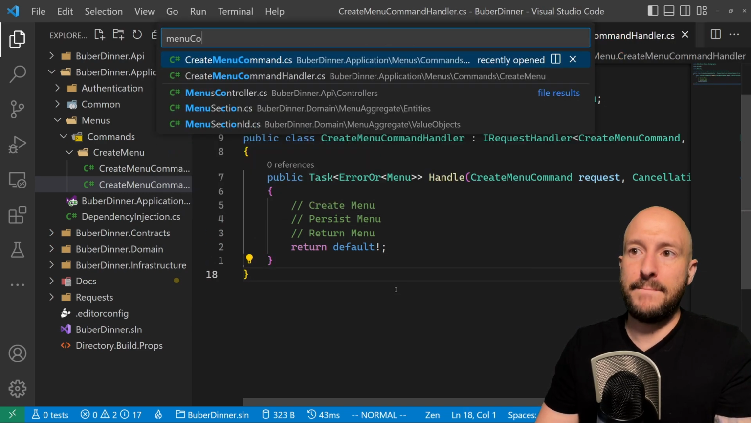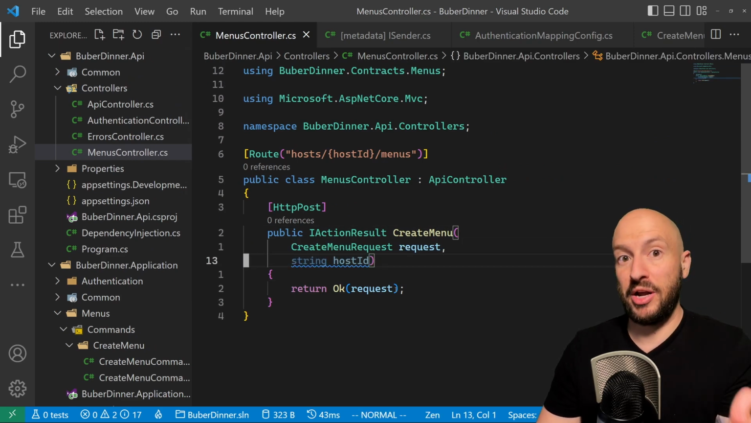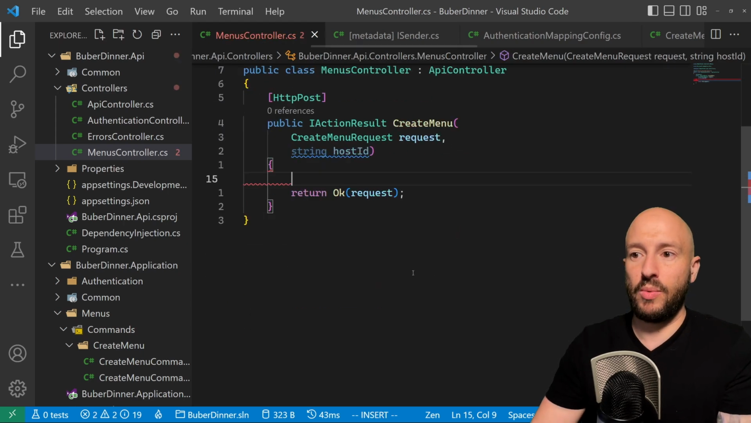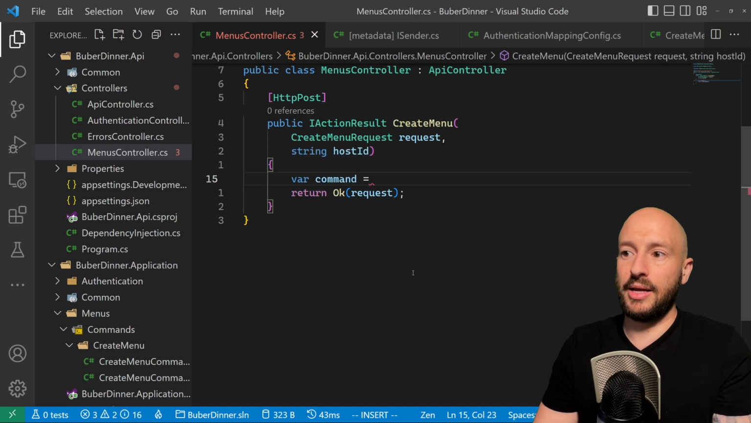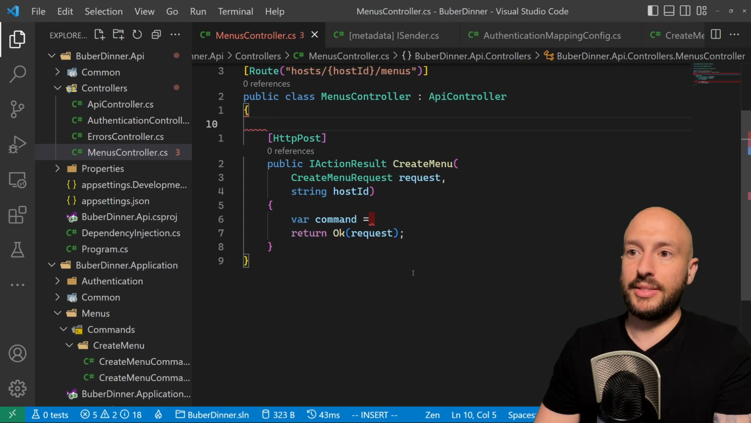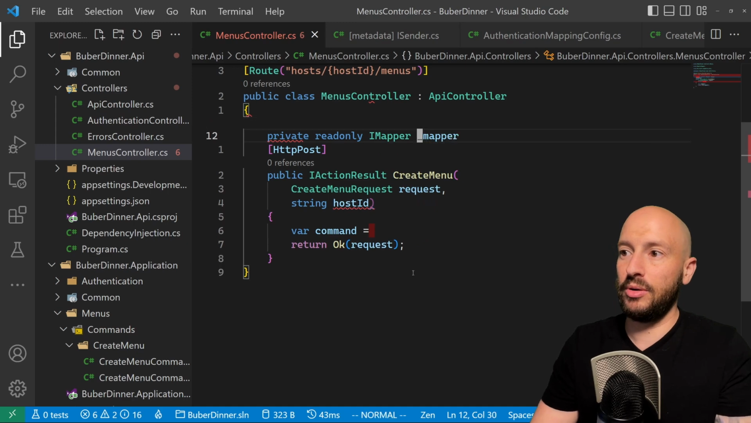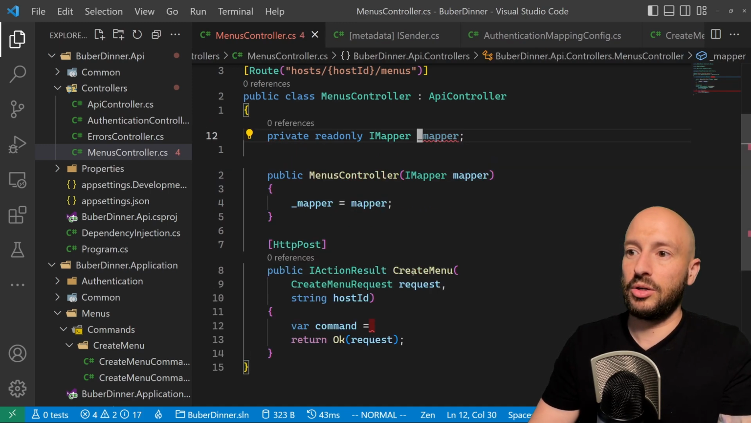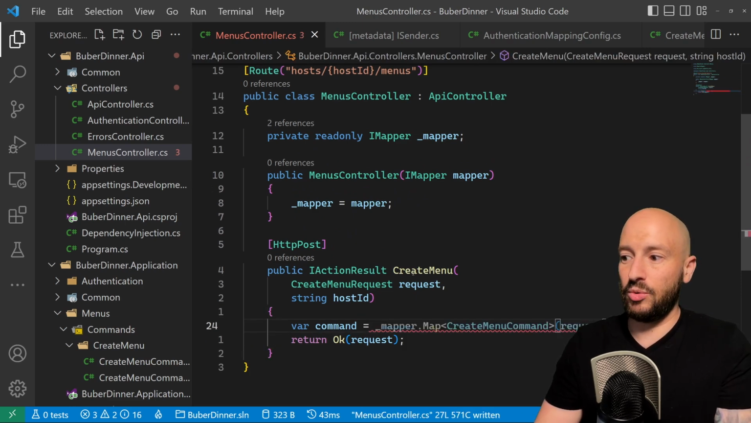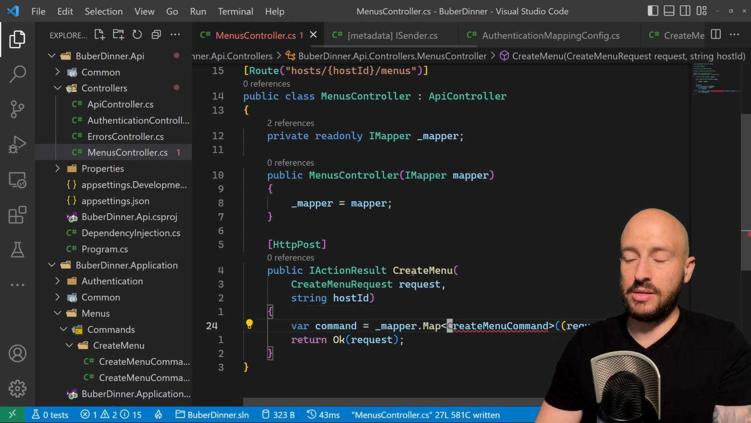So back in the MenuController, what we have over here is the request and the host ID. We have this pair. We want to convert it now to the CreateMenuCommand that we just created. So what we want to have over here is command. And we want to use the Mapster library to do this conversion for us. So let's say private readonly mapper, and let's create the corresponding constructor. And let's say over here that we want to take our mapper and map the request and the host ID to the CreateMenuCommand